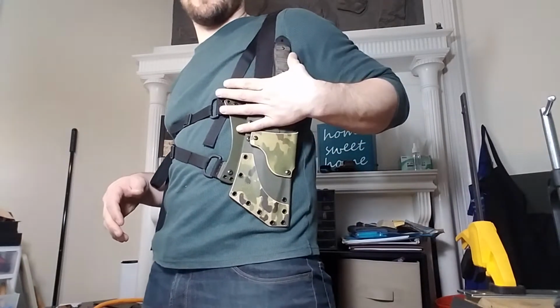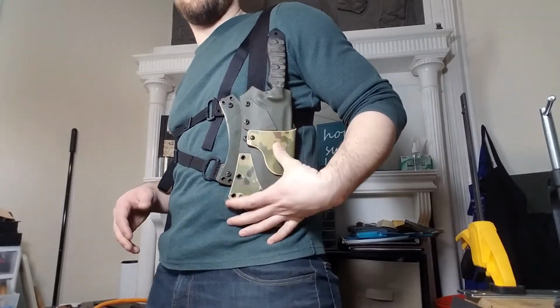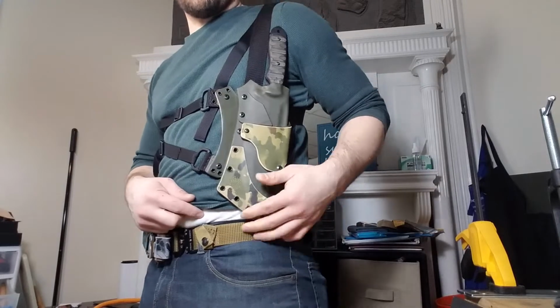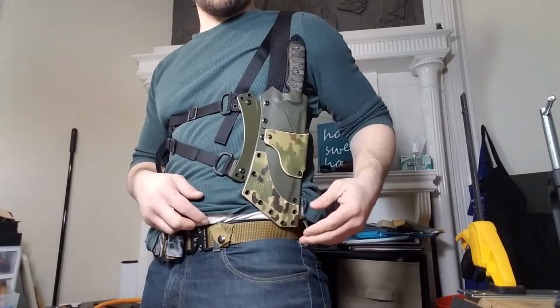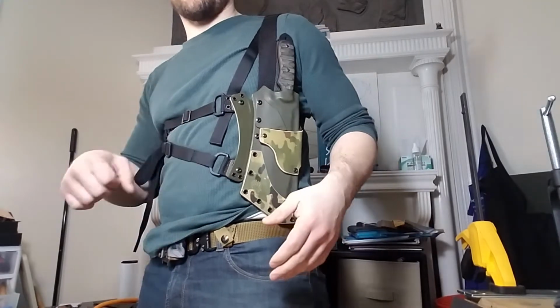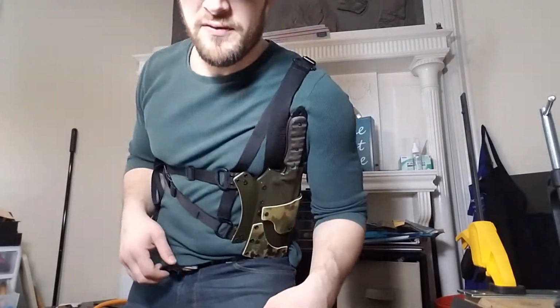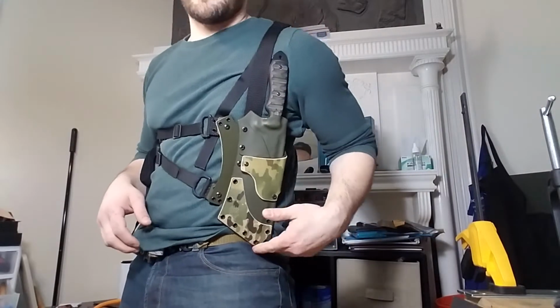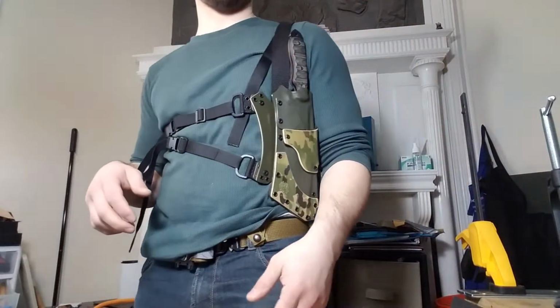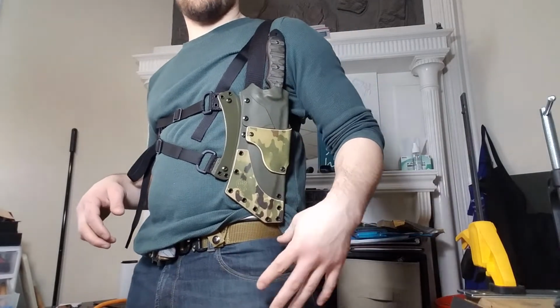You can adjust it and make it ride a little lower, but what we have here is, you can see the tip of the knife is already down at my belt, so I didn't really want to go any lower with it. Not because it wouldn't be comfortable to draw or anything, but because if you are moving around a lot, this is already kind of going to hit your hip. It doesn't hurt, you know, it flexes, the sheath moves a little bit, so it doesn't feel like it's real cumbersome yet,